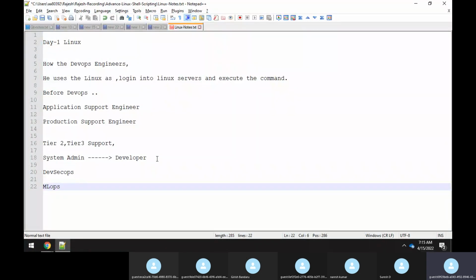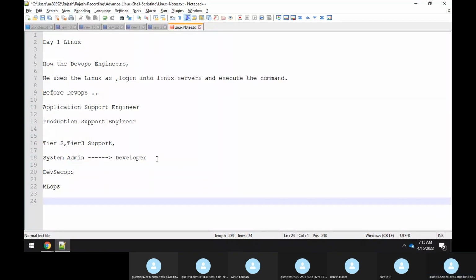You need people who have knowledge of DevOps as well as machine learning or data science, and there they will play a major role. So everywhere DevOps is getting in, and the terminology and the working level keep changing.